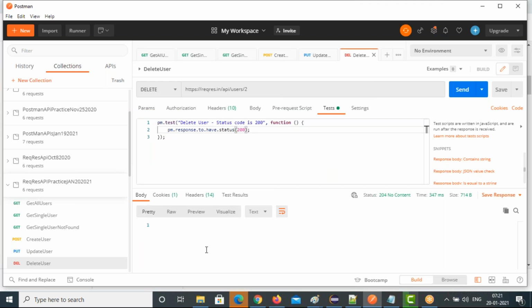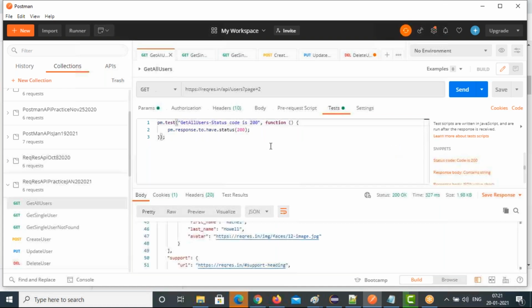You can validate the response body string, anything. You can add this if you want. Here we don't have anything, so we don't need it. Like that you can validate whatever you want.